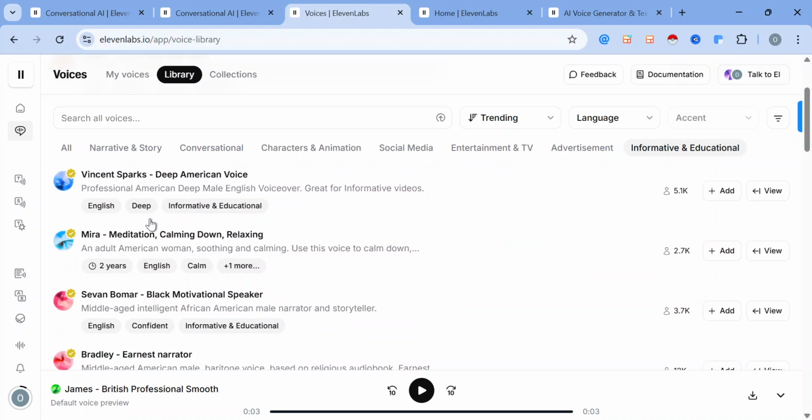Now you can proceed to choose a voice that resonates with you and the project. You can also sample check each voice to make sure they are of good quality to your project, and you